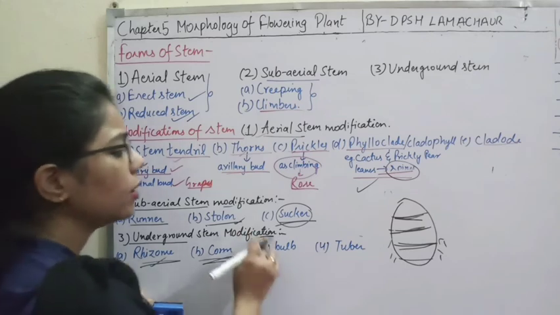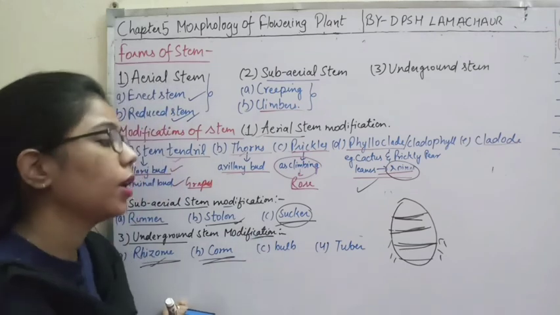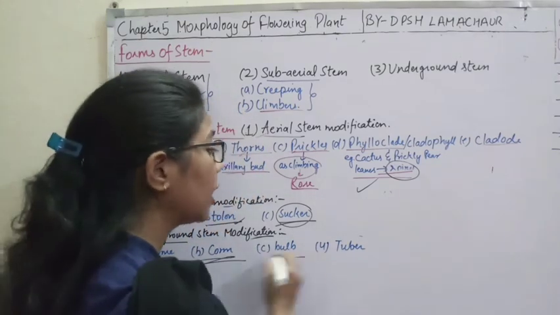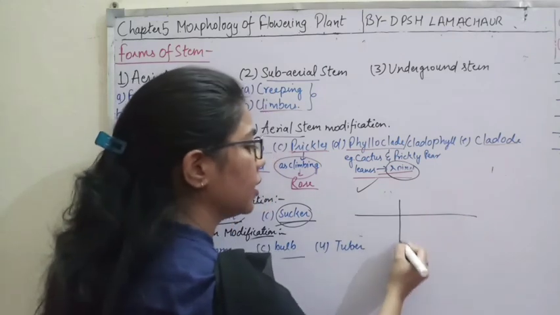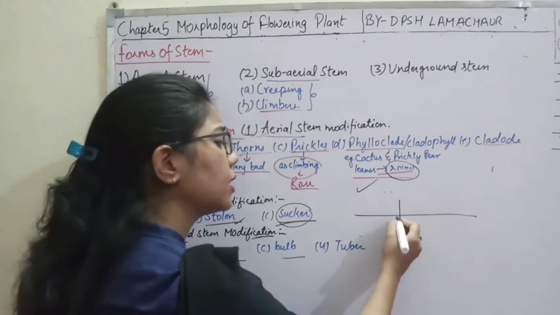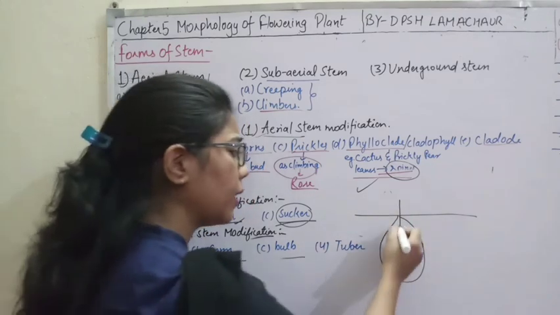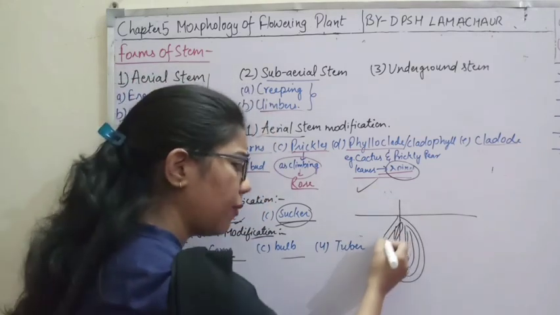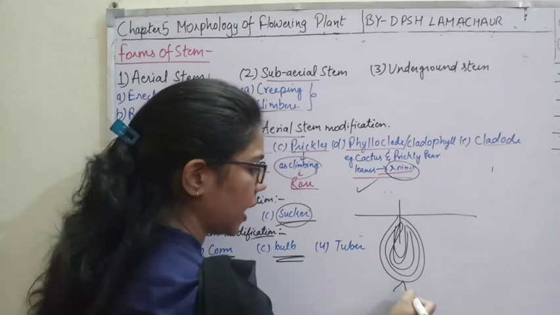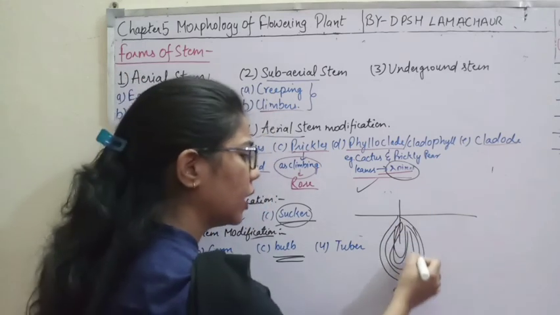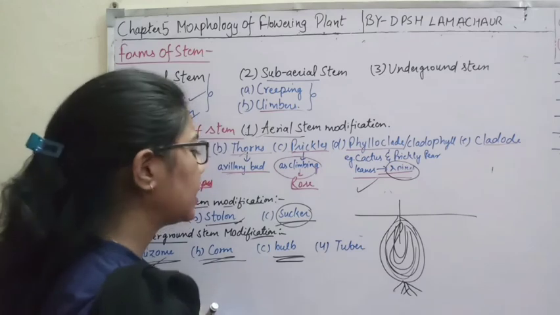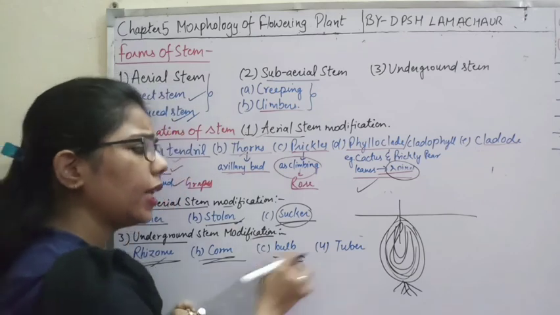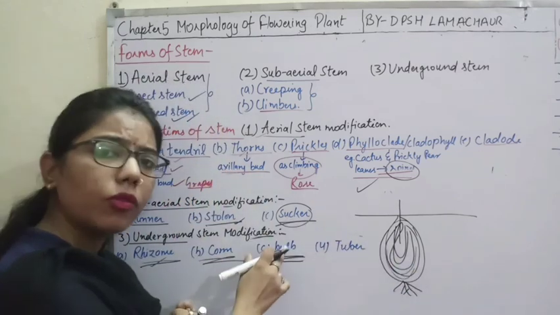Okay. Now the third thing which we have to discuss is the bulb. Bulb you can see in case of what? In case of onion, garlic. In case of onion, garlic, what happens? Again it is present under the ground, and here you can see that the stem gets modified into a different part. The stem will modify into this bulb-like structure which has roots also, which has these scaly leaves also, and these have proper nodes and internodes also. So we can say that again it is a modification of stem in the form of bulbs.